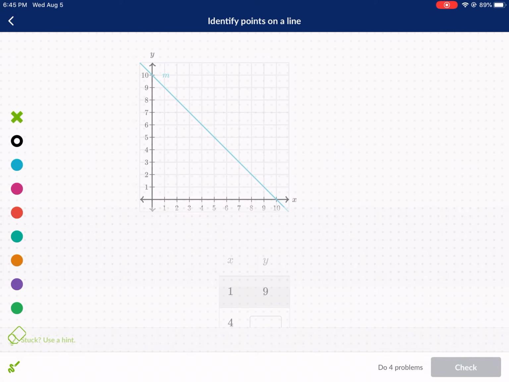First thing we need to understand is we have two axes here. The first axis is the x-axis. This is a horizontal axis. Horizontal. This goes left and right. So you need two